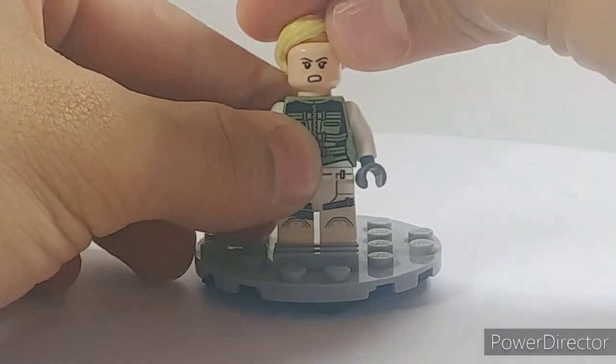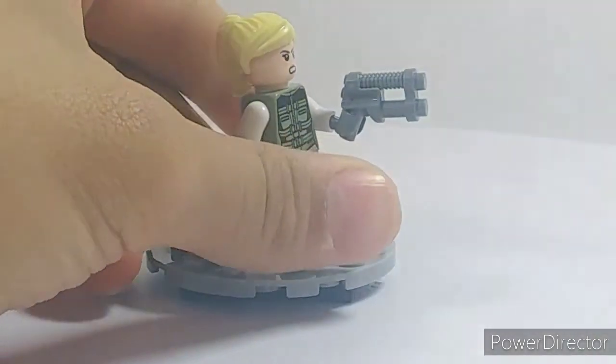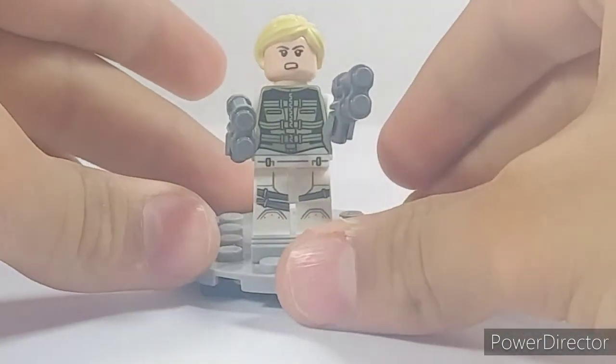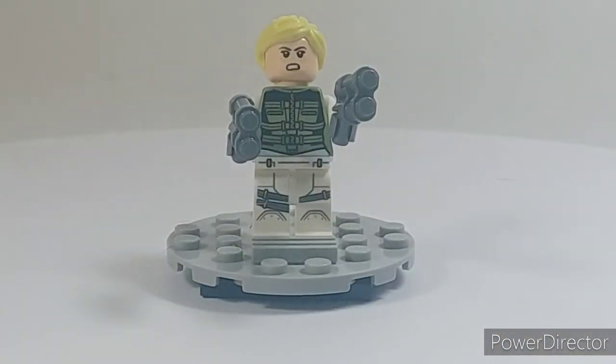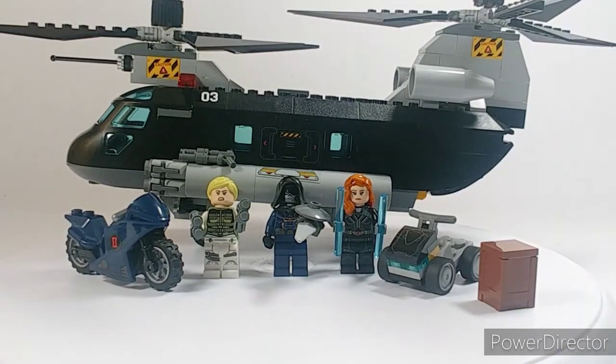Aside from that, that really completes our look at all the minifigures that came in this set. I'm just going to put her guns back in so you can get one final look at her. And that's what she looks like. Going to go ahead and take us back to the regular studio where we'll wrap up this video. And that completes our look at the LEGO Marvel Black Widow Set